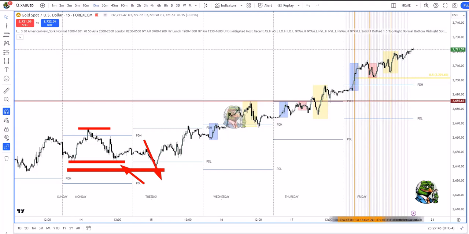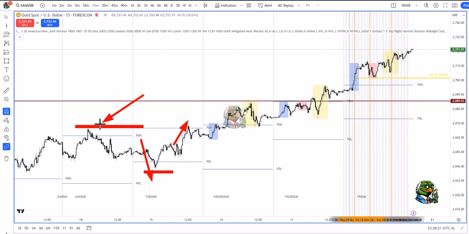Now, from a day count perspective, in a 3-day cycle, that establishes Tuesday as day one, because Tuesday took out the low of the week, which was established on Monday. That's confirmed when Tuesday breaks the daily high, because Tuesday took out the previous Monday's low, the previous daily low, which is also the weekly low, and then trades above Monday's high, and therefore that confirms Tuesday as day one. You need a previous daily high to be broken to confirm the day count. So Tuesday is day one. Tuesday has essentially taken out the low of the week. That's why it's day one.